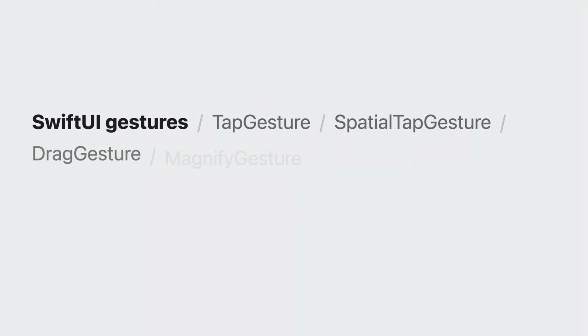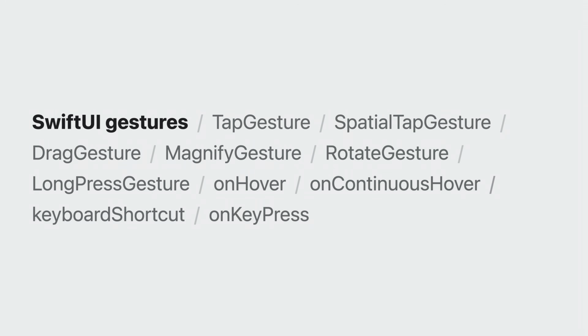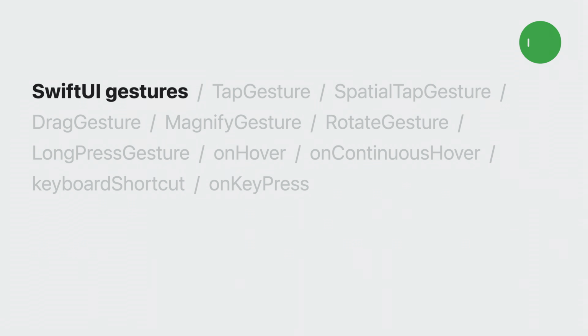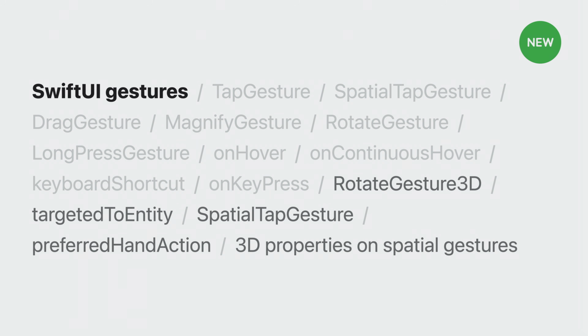Now that we have added a satellite, we can add interactions. Interactions are fundamentally built into the system and provided by SwiftUI. SwiftUI provides the gesture recognizers you are already familiar with on Apple platforms, such as tap, on hover, and rotate gesture. The platform provides new gesture recognizers that are made for 3D interactions, like rotations in 3D space, taps on 3D objects, and more. Let's look at the code that enables interactions with the satellite.